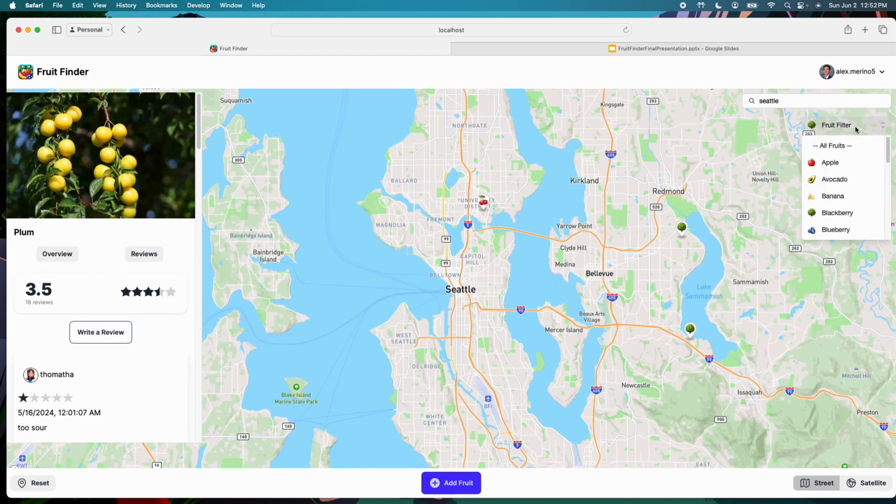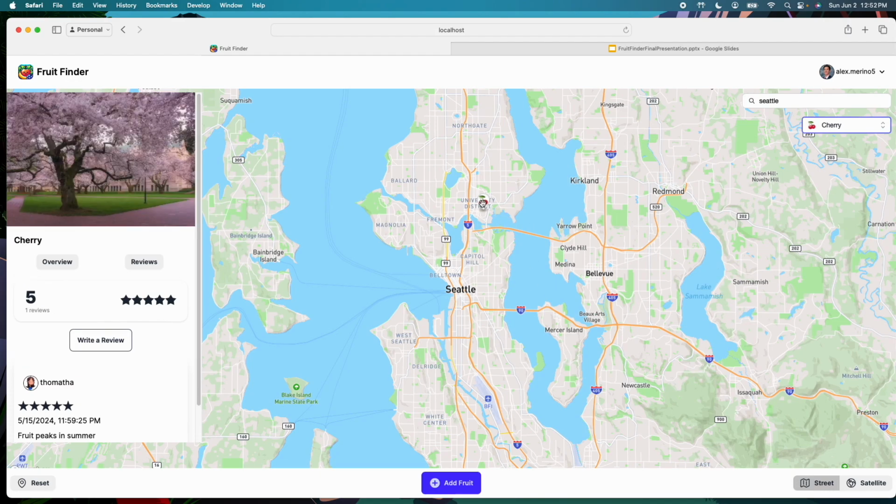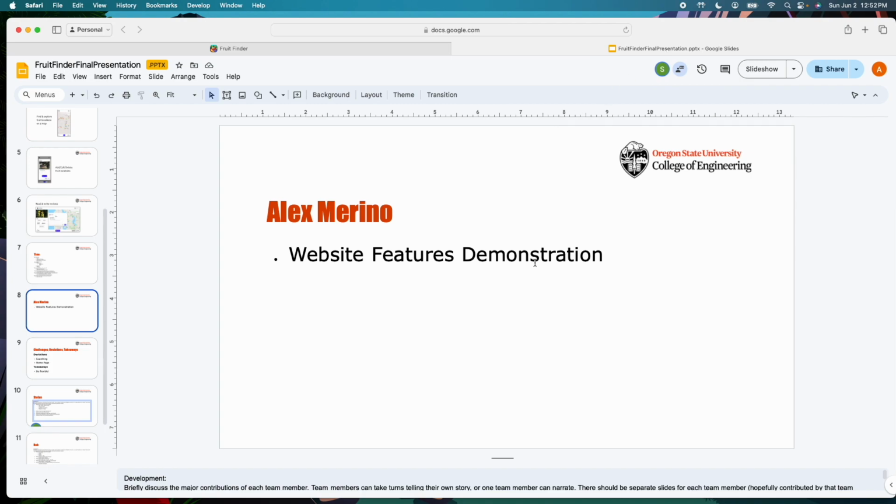And additionally, I added this fruit filter. So let's say I only want to see cherry trees in the Seattle area. So filter, you can see those trees go away, and now we're left with the UW cherry trees. I'm going to switch back to the presentation here